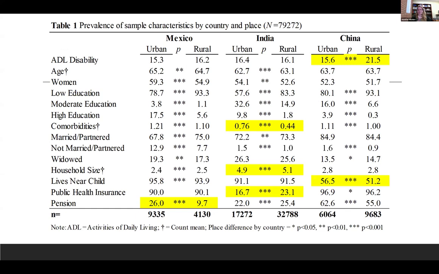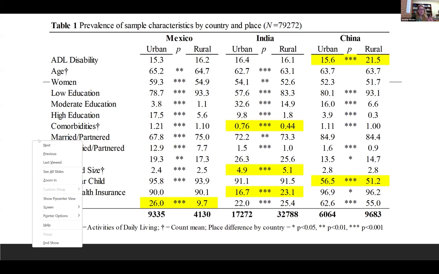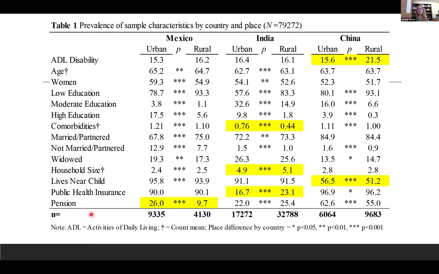Some of what generated these thoughts was the data that Shane presented in this table in his presentation. And, you know, I was just looking at it, and it's always really helpful to be able to see the basic characteristics in these studies. But I was really struck by, for instance, the fact that the urban-rural difference in pension in Mexico is, you know, a threefold, fourfold difference. There was maybe a little more similarity in the pension coverage in India across the urban-rural context. But again, it was also quite different in China as well.